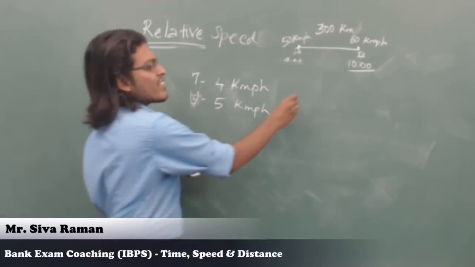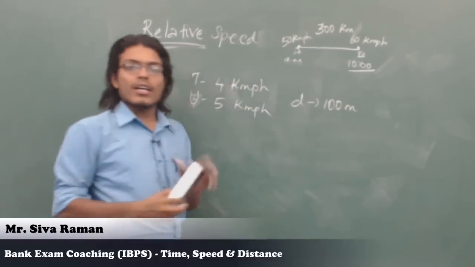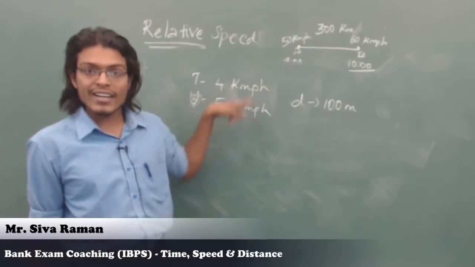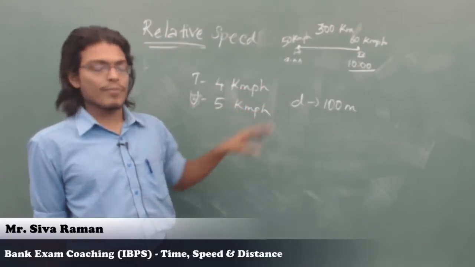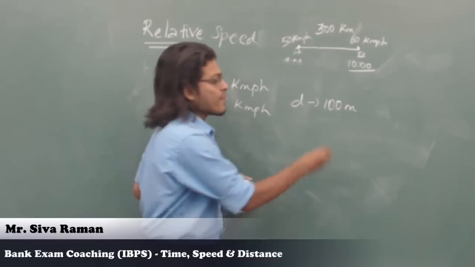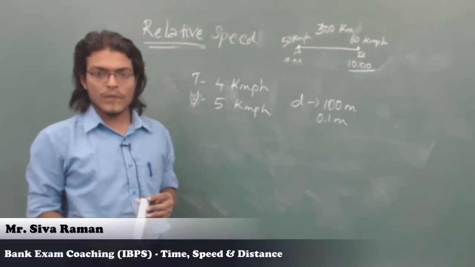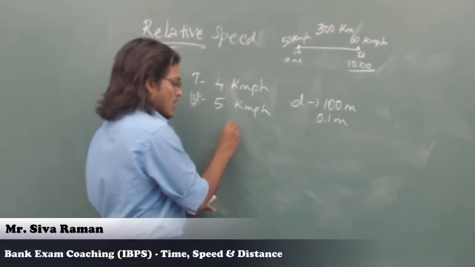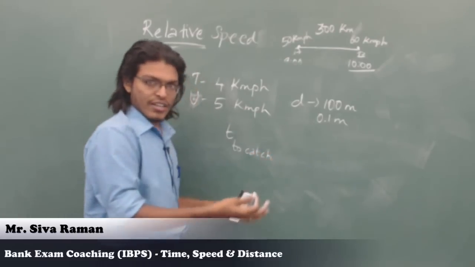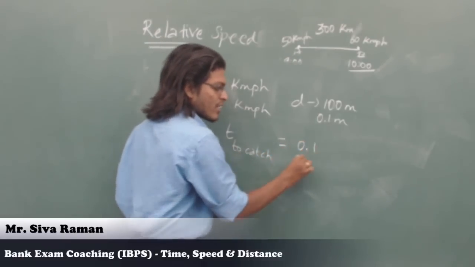So what is the distance in between? It is 100 meters. Remember carefully, this is in meters, but the speeds are in kilometers per hour. What you have to do is convert this 100 meter into kilometer. It is 0.1 kilometer. Now, time to catch. So chasing scene. Time to catch is equal to initial distance